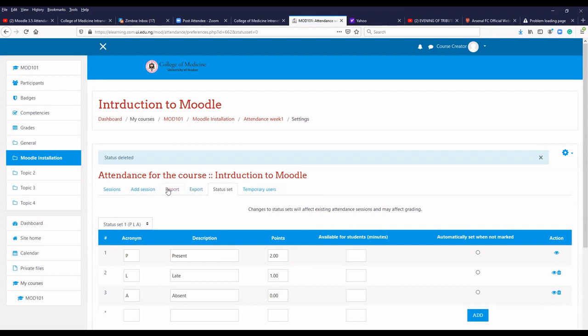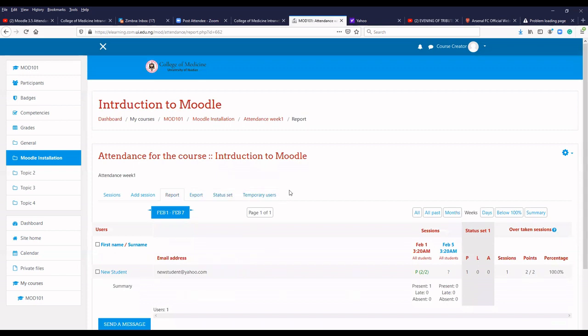So I think that's all for attendance taking for a course. So we see one person present. You see the summary. We have one person present, and no absence, no late. I think that's that for